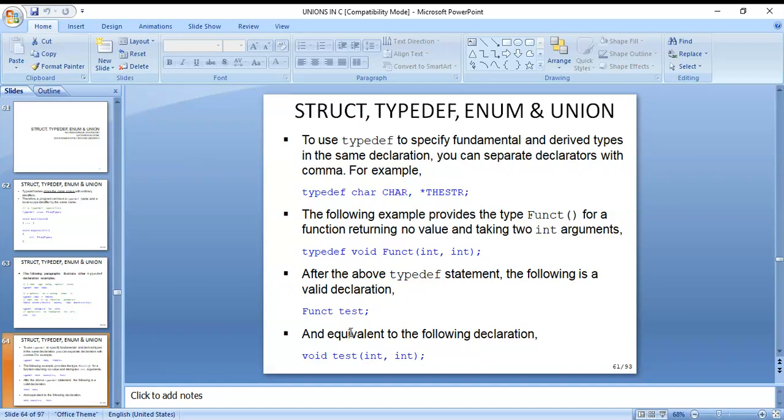The following example provides the type FUNCT for a function returning no value and taking two int arguments. That is typedef void FUNCT(int, int).